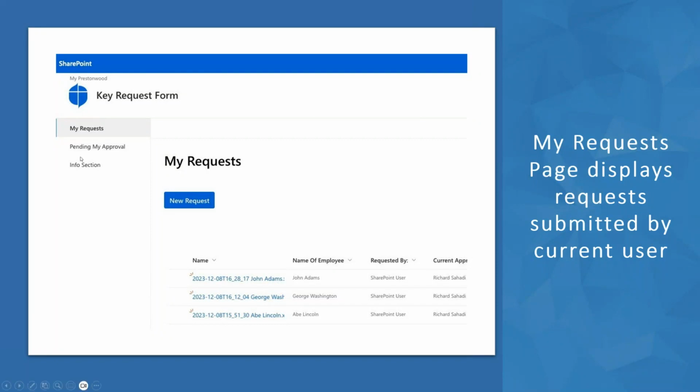So this, you can see, is just this My Request page, and I can just see My Request pending my approval and this info, but there's really nothing else, right? It's just kind of the more locked down view. Yeah, exactly. And so you look at the top, there's no search bar,